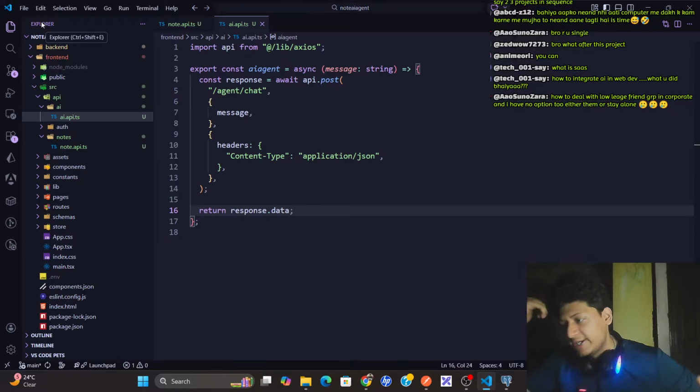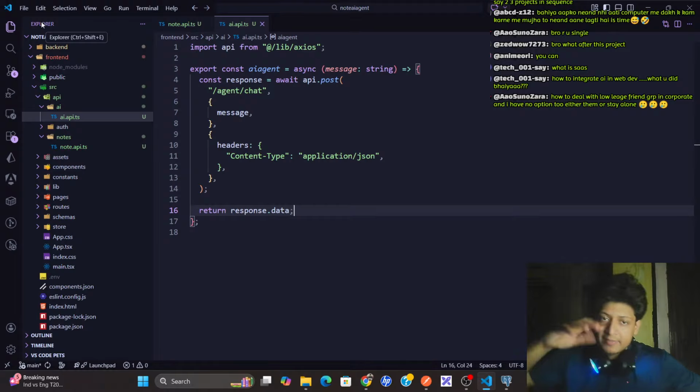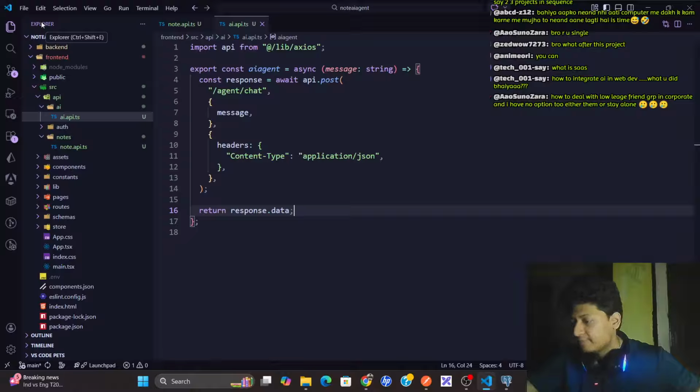For example, in this case I had to install OpenAI's official npm package. Then whatever message I'm getting from the front end, I'm grabbing it in my backend, and then I'm sending that message to OpenAI's LLM using that API key. Basically I'm making an API call to OpenAI's LLM using my backend. That's the basic flow.